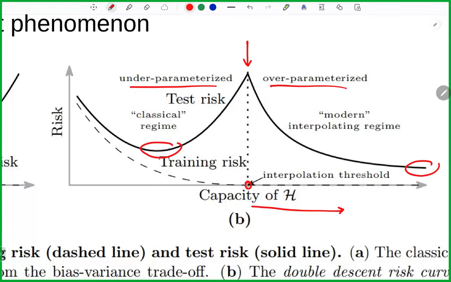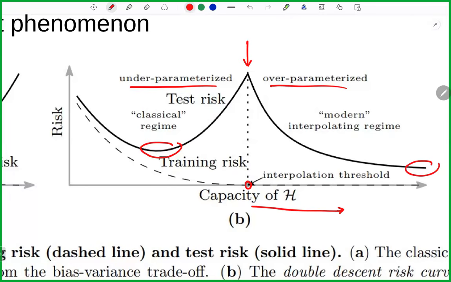So, summary: this is not a theory, but this double descent phenomenon says that if your model is over-parameterized, which means the number of parameters that you learn in your model is larger than your training examples,